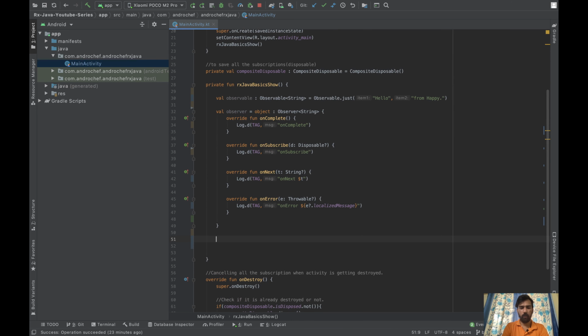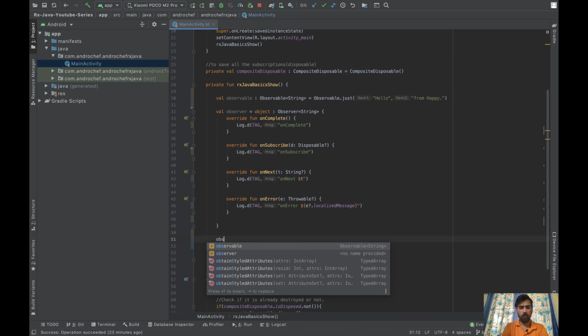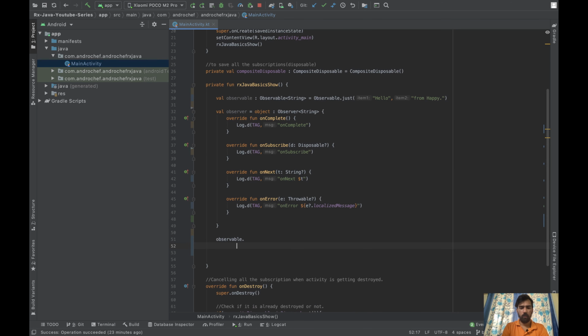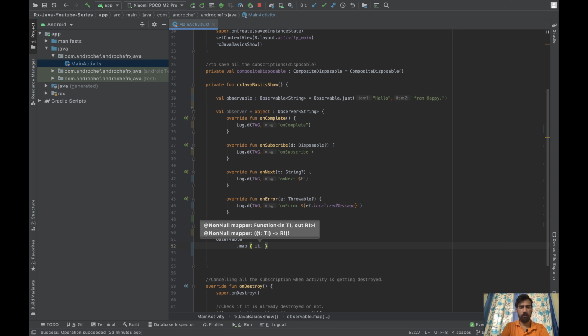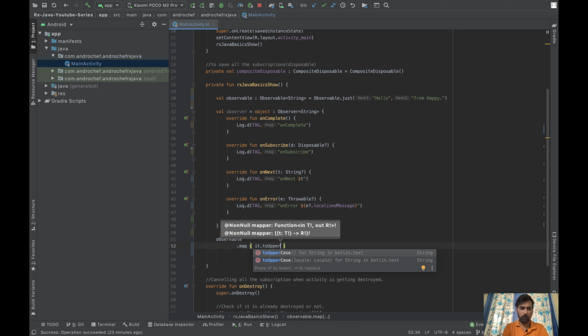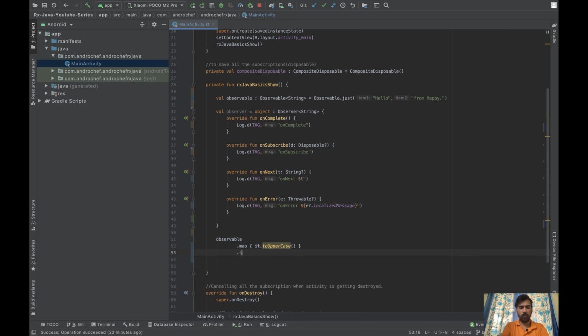What we'll do is take our observable and apply map. In that one, I will convert this string into uppercase, and then we will subscribe, and in that one we will pass the observer.